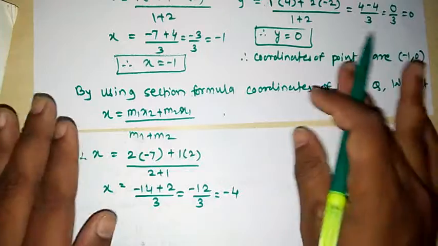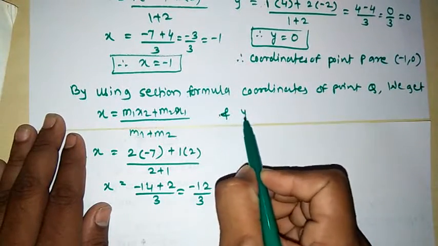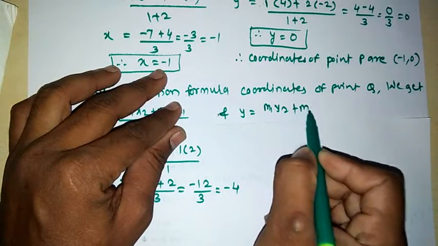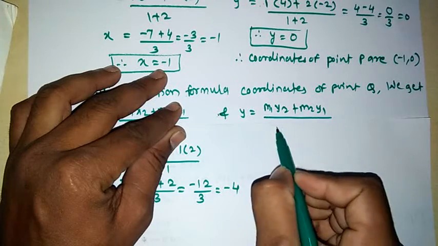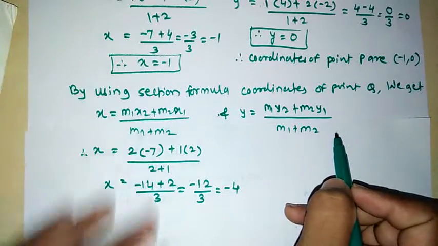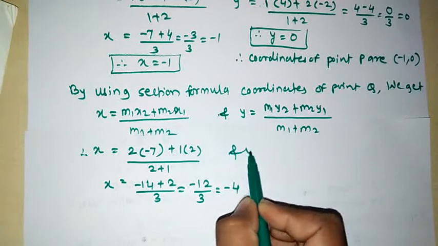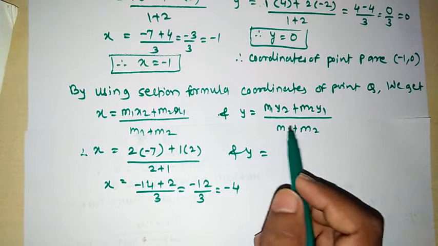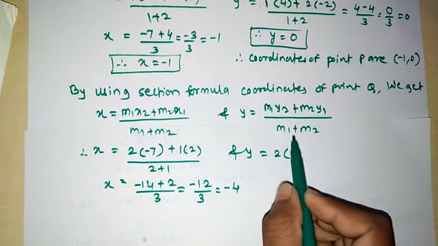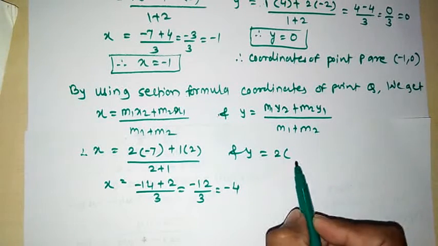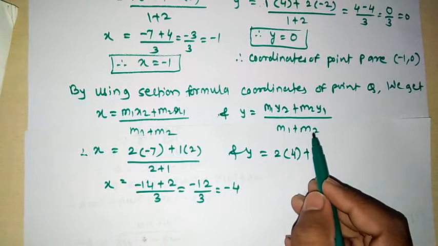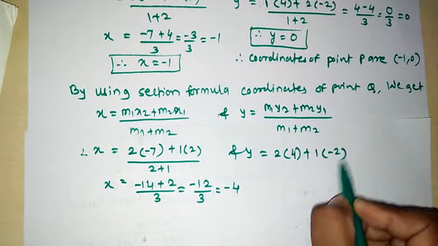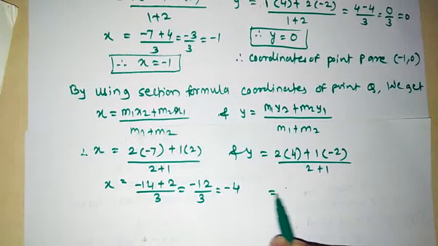I will write the formula for y also. See here, and y is equal to, we know the formula, M1 into Y2 plus M2 into Y1 divided by M1 plus M2. We know the formula for y coordinate also, and y is equal to, we will put all the values. We know the ratio of M1 is to M2 is 2 to 1 in the case of point Q. Therefore M1 is 2 and Y2 here is 4, plus Y1. What is the value of Y1? Y1 is minus 2. First we will write M2. M2 is 1 and Y1 is minus 2, divided by M1 plus M2, which is 2 plus 1, which is equal to,